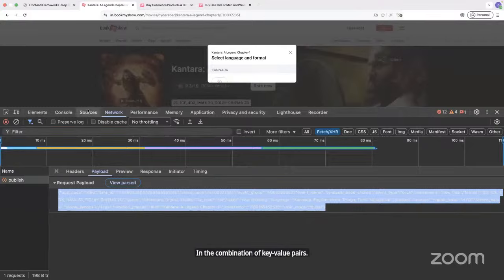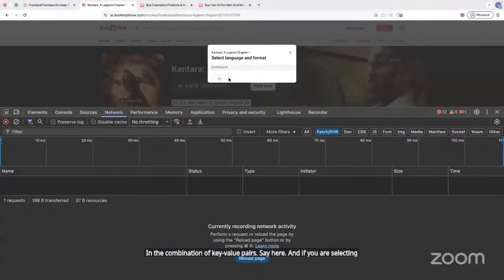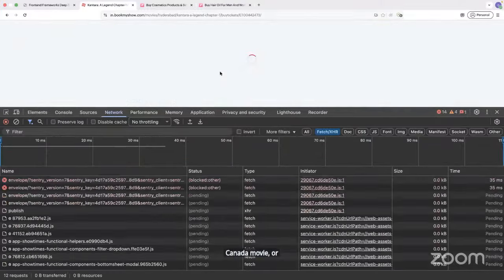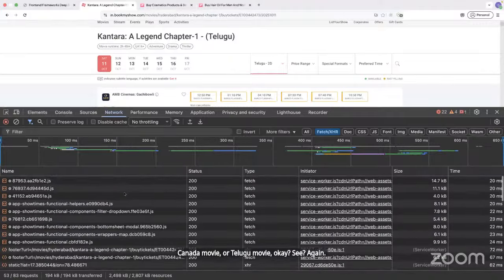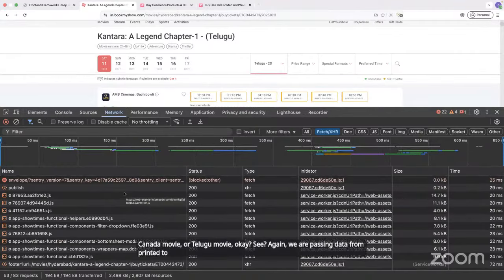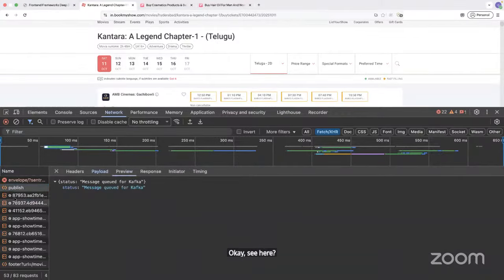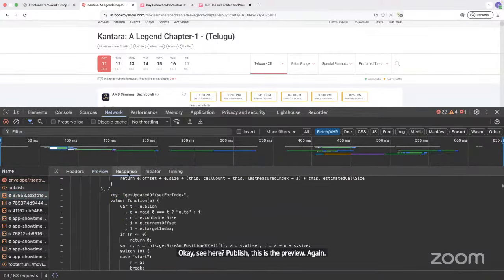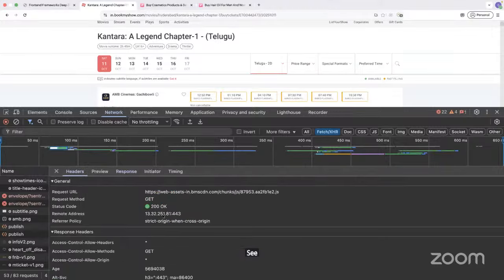And if you select a Kannada movie or a Telugu movie, again we are passing data from front end to back end to front end. See here, publish, this is the preview. Again, we're calling some data. And if you go to the header section, this is the particular address.